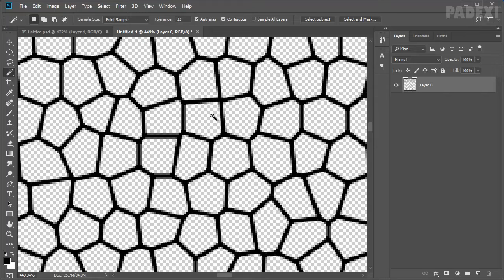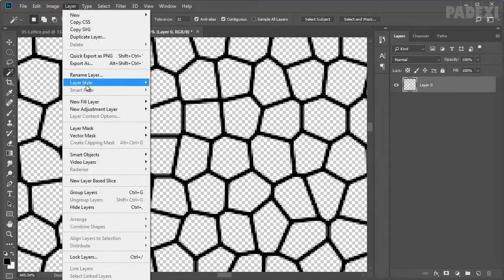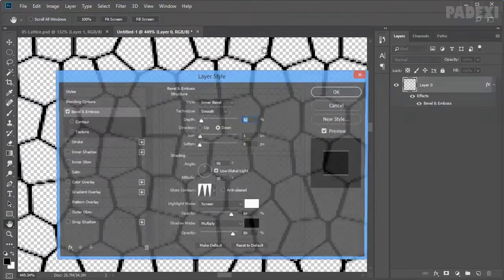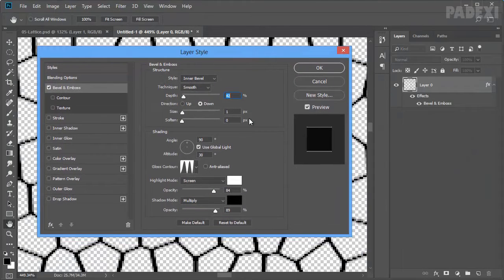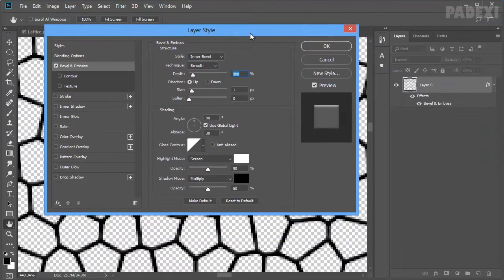And now we need to apply layer styles to this layer. So first layer style we are going to apply is bevel and emboss. Okay, so style inner bevel, technique smooth, change depth to 42, direction to down, size to 1.